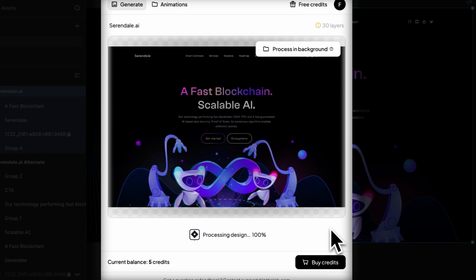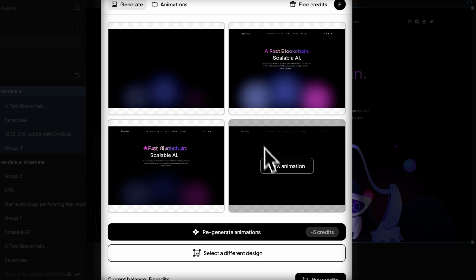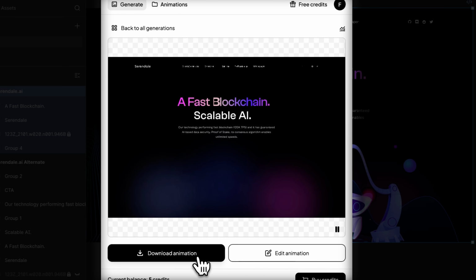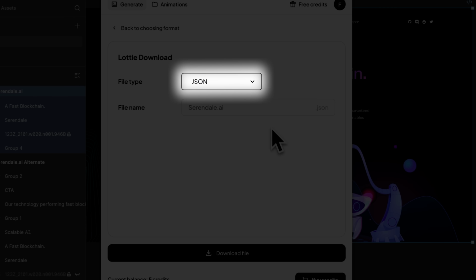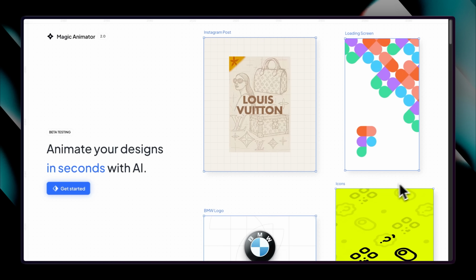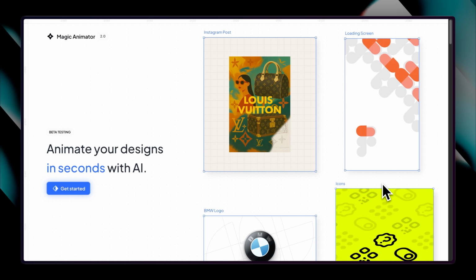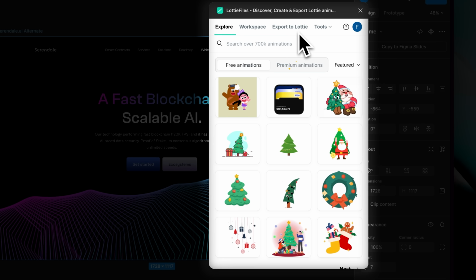When you run the plugin, it automatically detects the layers in your UI and generates 4 animations for you to choose from. You can then export your chosen animation as a Lottie file, which is a JSON format specialized for adding animations. Now, Magic Animator is a paid tool, but if you're looking for a similar alternative, you can use